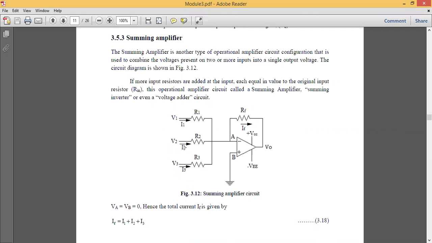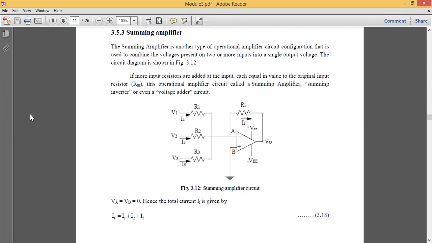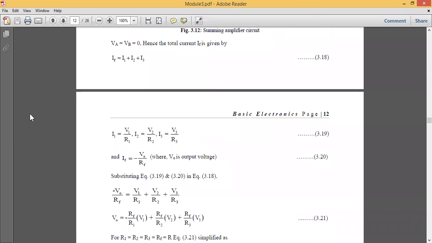Similarly, what is I2? V2 divided by R2. What is I3? V3 divided by R3. So you find the equations of current: V1 by R1, V2 by R2 and V3 divided by R3. तो आपके तीन करंट आपको मिल जाएंगे. Okay, so I got this part. कौन सा part? आपका LHS part. You can simply mention IF is equal to LHS, and I1 plus I2 plus I3 is equal to RHS.